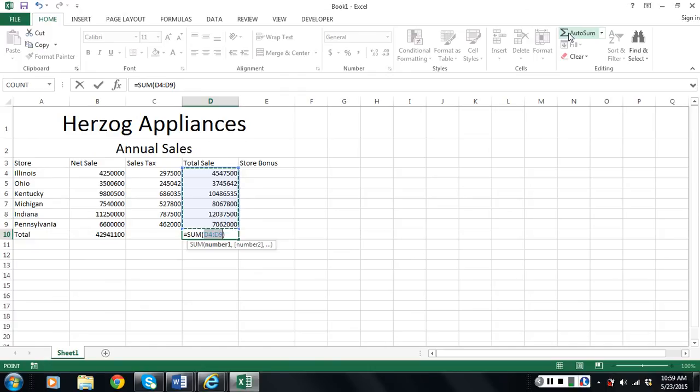A function starts out with an equal sign, just like formulas do. Then it will have a prefix. The prefix is used just to simply tell you what this function is going to do. And then finally, you give the range in this case. The range in between those parentheses is what they refer to as an argument. But there are many other functions we'll be doing here, and the arguments can really vary, and you can often have more than one argument. That we'll talk about more later. So if you hit the enter key, you'll see we now have the total sales of all of those